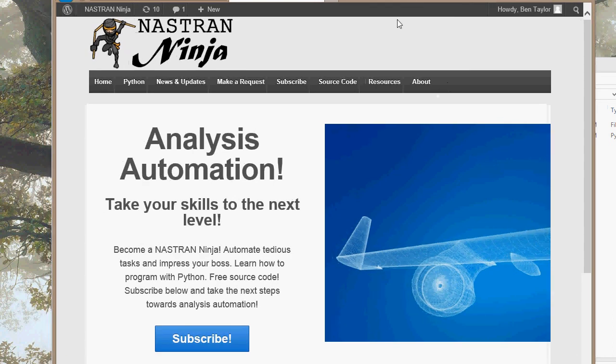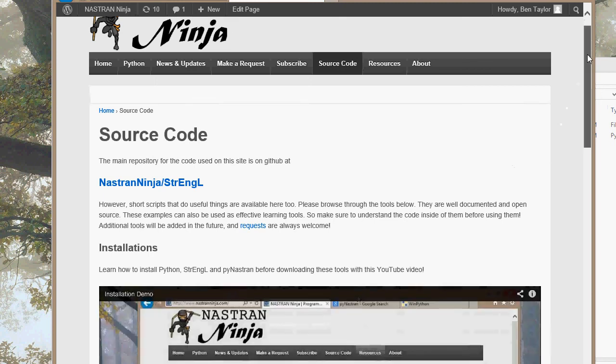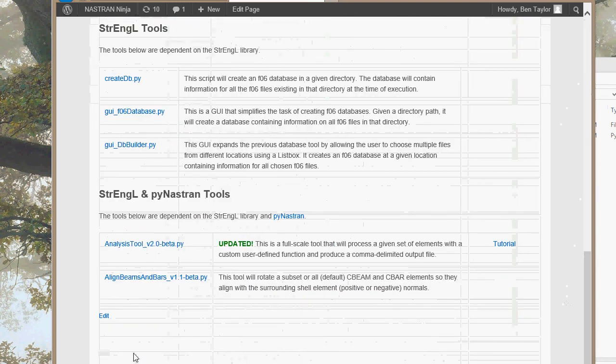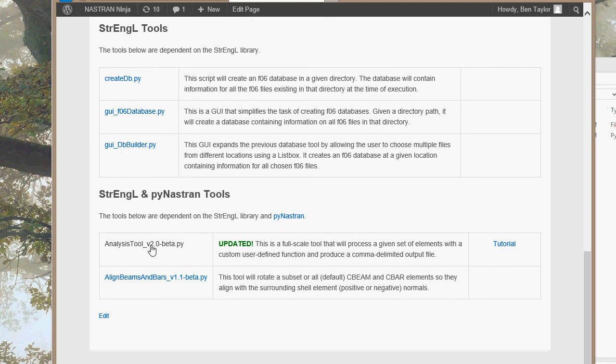So to access the tool, you simply go to the source code page on nastranninja.com. The tool itself is all the way at the bottom. Here it is, analysis tool. At today's date it's version 2.0, it's still beta version. And it's actually been recently updated to include the ability to combine load cases and factor results. So that's a very useful